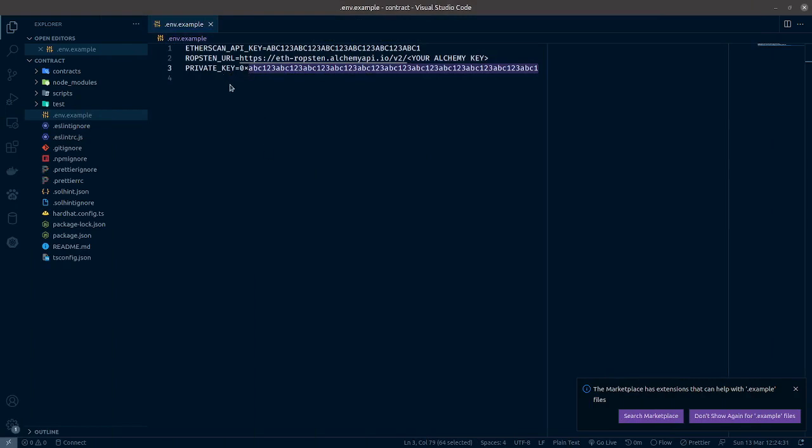Once it's done, I will not be coming back to this env file. Maybe you guys might see what the private key is. Anyway, I just use that account for testing purposes. I don't have any real value stored in it. Still, I'm going to copy